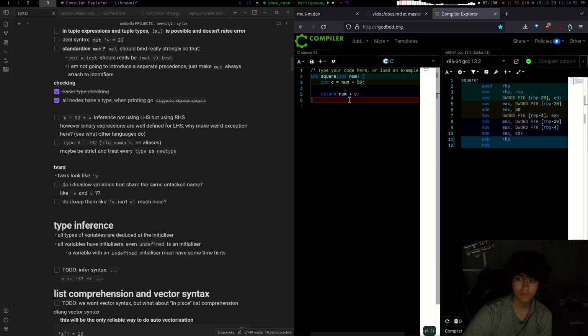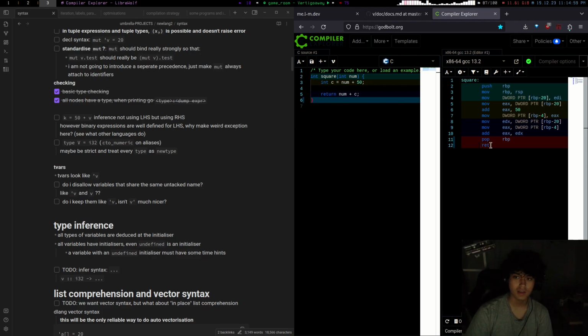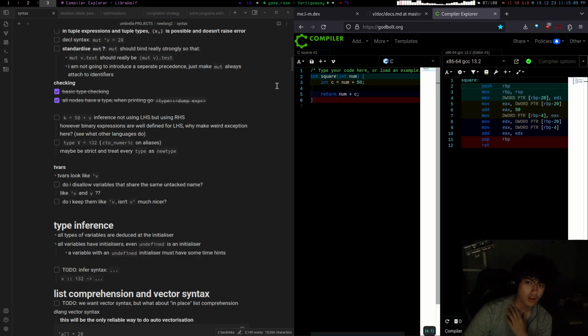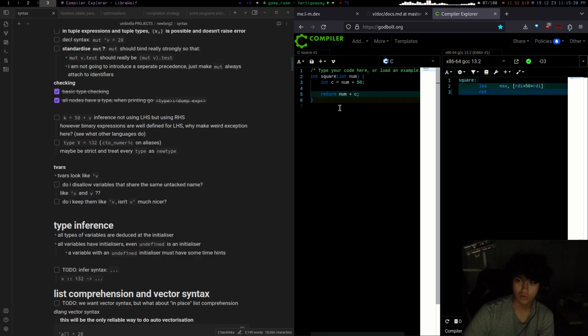You can easily tell just by looking at the C code and the assembly code, and you can work out these analogs in your head, and you can look at C and immediately tell what assembly code is generated. If you want to learn how computers work and how assembly works and how to write assembly, just learn C, and then open up Godbolt and just look. You can even see different optimization levels. You see here, this whole thing can be optimized into num plus 50.